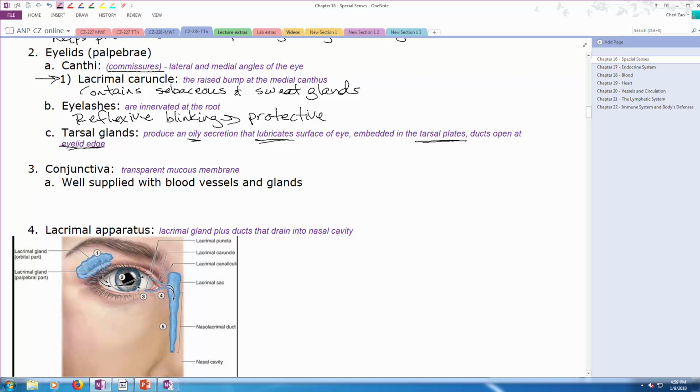Now, tarsal plates are cartilaginous, or actually not cartilaginous, they are dense fibrous connective tissue structures that are in our eyelids, and they're the largest in the upper eyelid. There's a much smaller one in the lower eyelid. They help to give our eyelids shape and structure and form, and they're also something that little brothers like to freak their little sisters out with,